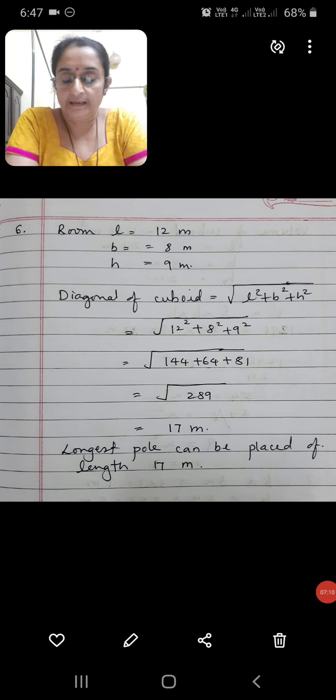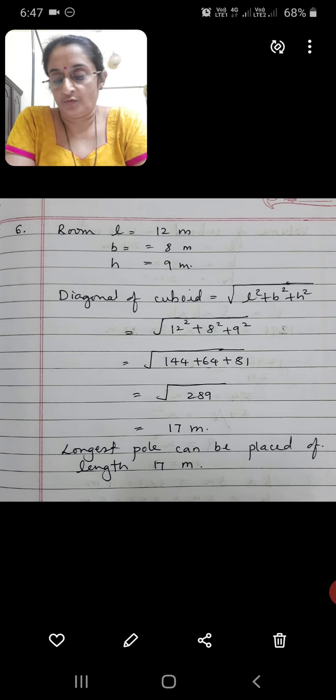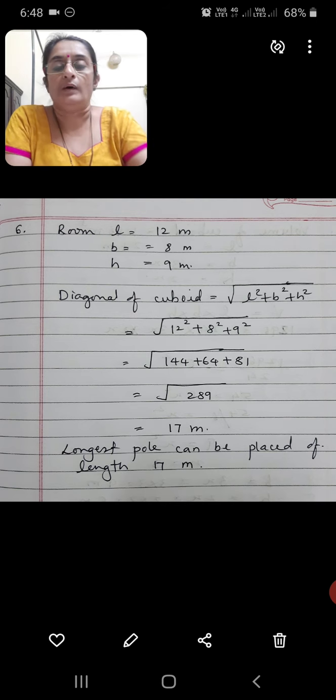The next is the 11th one. A room 9 meter long, 6 meter broad and 3.6 meter high has one door, that is 1.4 meter by 2 meters, and two windows each of 1.6 meter into 75 centimeters. Find the area of four walls excluding the door and windows, the cost of whitewashing the walls from inside at the rate of 22.50 per meter square, and the cost of painting its ceiling at rupees 25 per meter square. Fine. Now we'll do one sum from that.